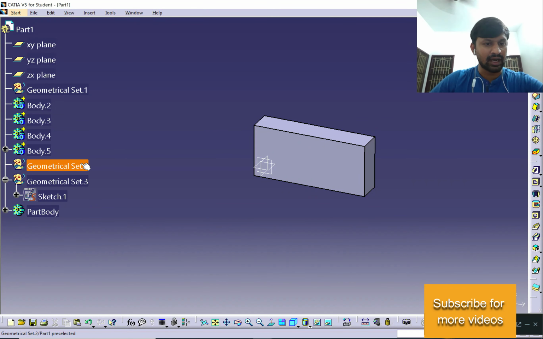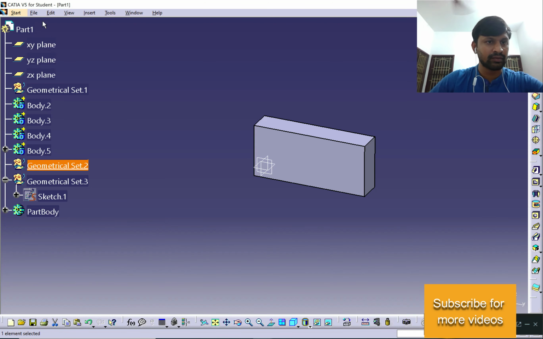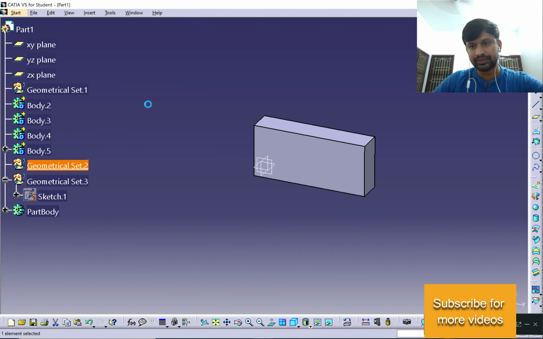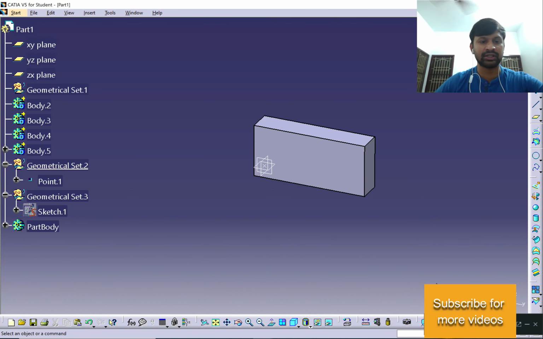To do that, I'm defining again geometrical set 2. I'm moving to mechanical design and maybe generative shape, not wireframe and surface design. What I'm going to do is simply click on point and view OK, because I no need to push it anywhere, just I need to create.